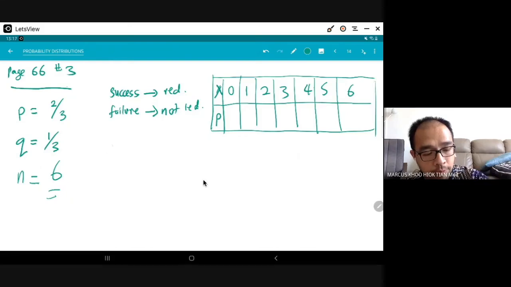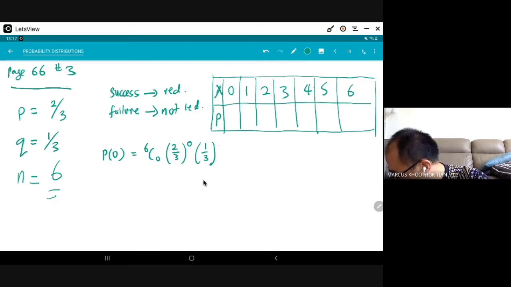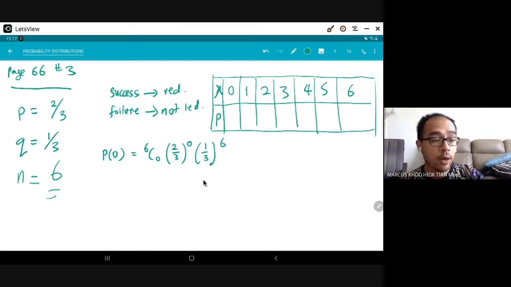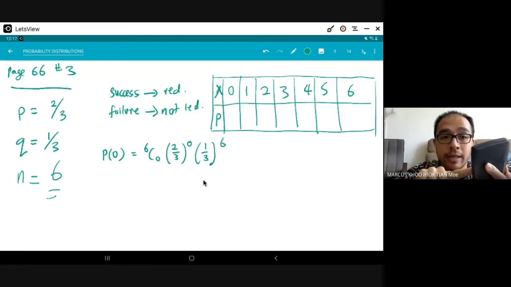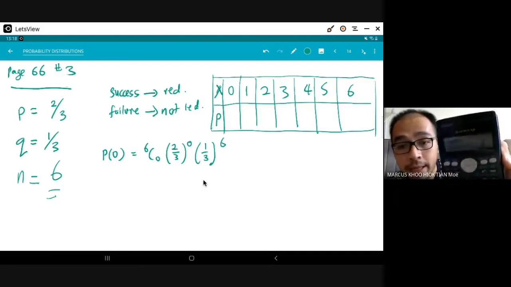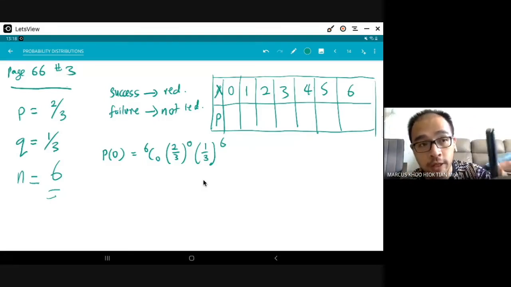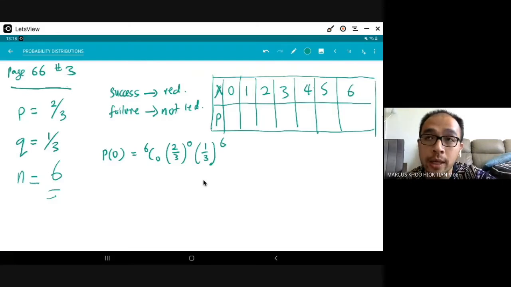So when r equals 0, it will be 6C0, (2/3) to the power of 0, and (1/3) to the power of 6. Now when you press in the calculator, I want you to be careful of this, because kita tidak pakai tempat perpuluhan, kita pakai pecahan. So you should be doing it like this: 6C0, ini biasalah. Can see? Alright, the big problem now is the 2/3. Because you're doing a fraction, you need to double bracket it. So bracket,